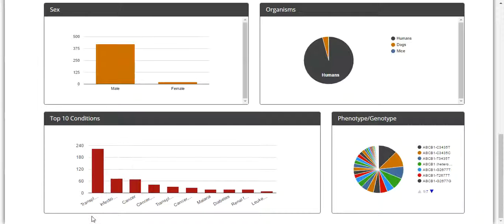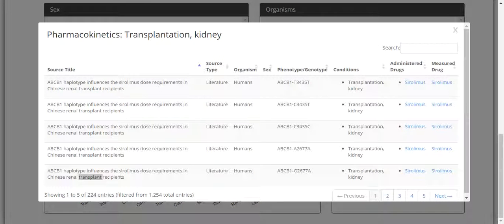For instance, on the top 10 conditions bar chart, you can hover over one of the bars associated with a particular value to see the name and the number of associated pharmacokinetics records. This same behavior can be seen in all of the different chart examples on the Pharmacokinetics overview page. By clicking on a bar in the graphic, you will see a pop-up window that displays all results for the chosen condition. In these display windows, you will see 8 columns of data